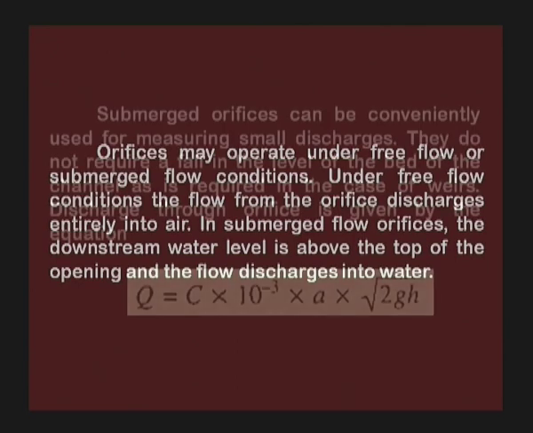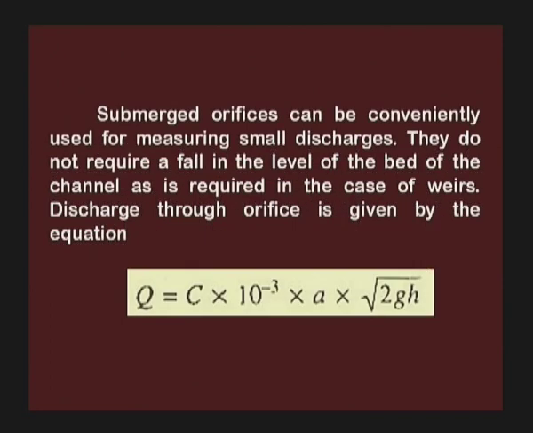water. Submerged orifices can be conveniently used for measuring small discharges. They do not require a fall in the level of the bed of the channels, as is required in the case of weirs. Discharge through an orifice is given by the equation Q is equal to C into 10 raised to